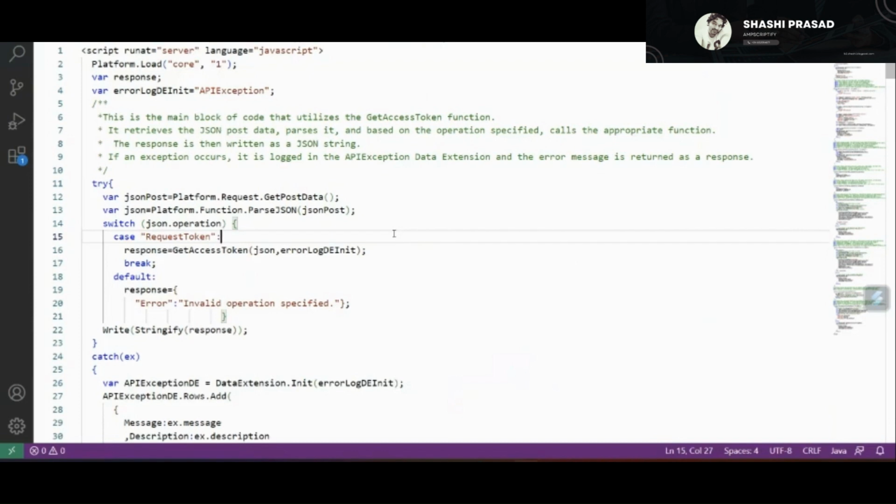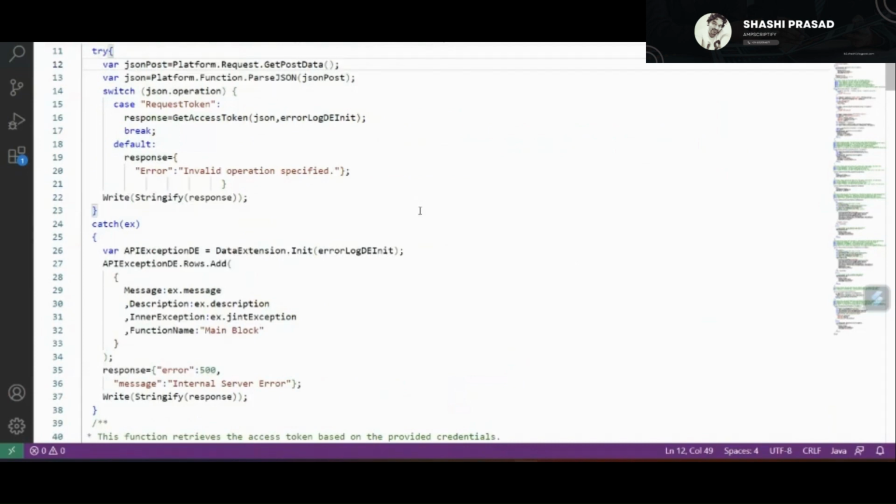JWT does not basically look into the expiry. You can mention those expiry in your claims using some additional feature with date and all. But JWT works in a different process, and access token works in a different process. Fine. So in this code, what we are going to do is